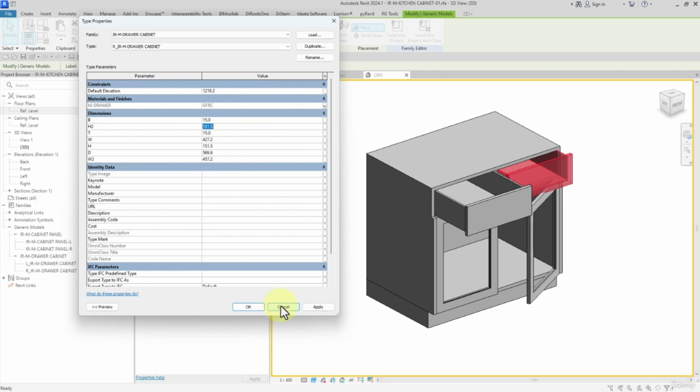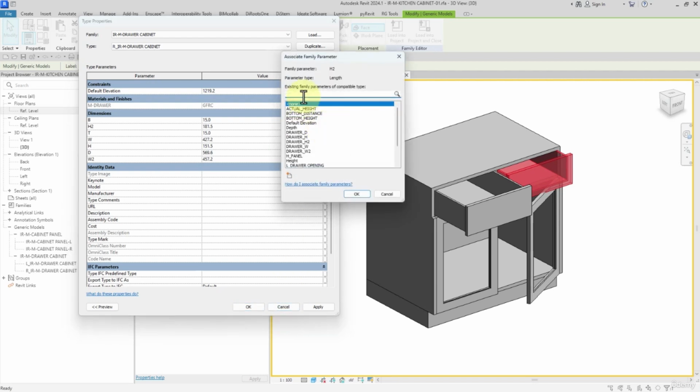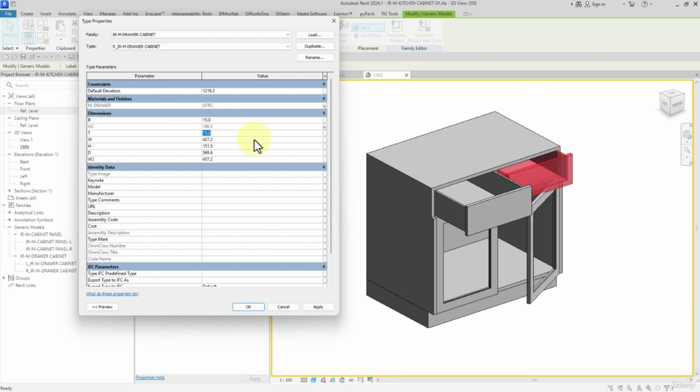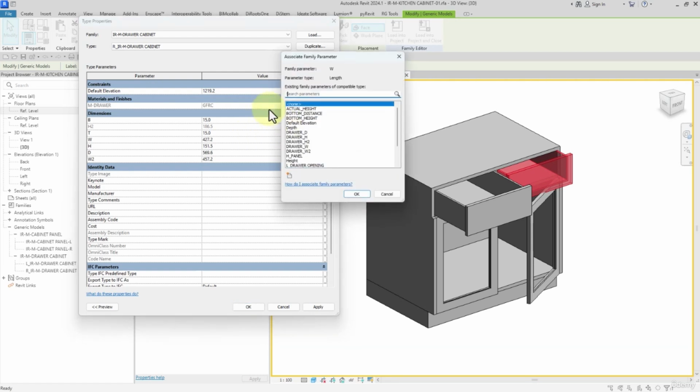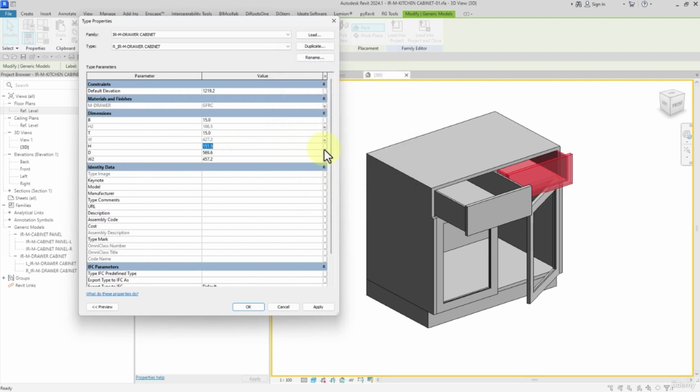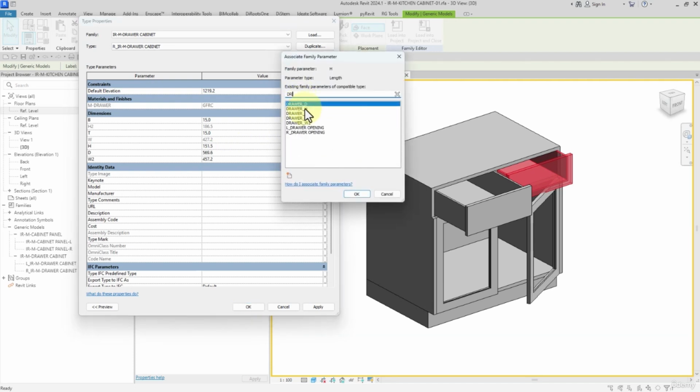And here we want to delete h2 as well, but I have considered a parameter, so I associate it. And then for the W and also D,